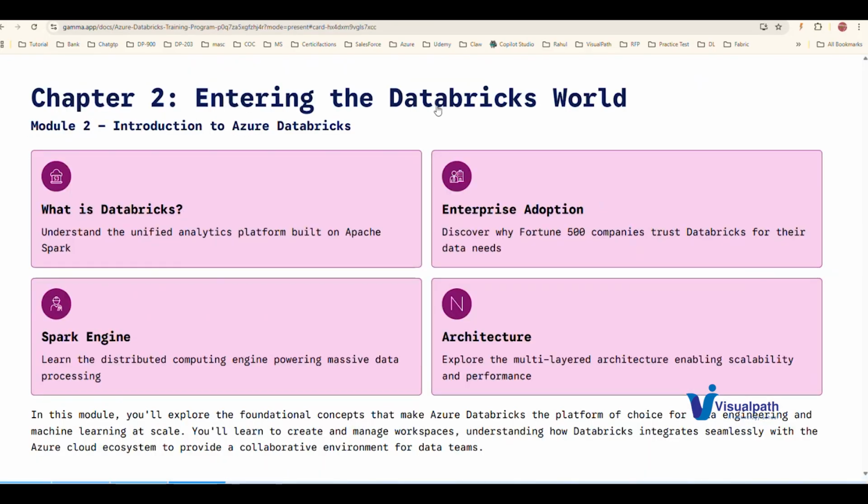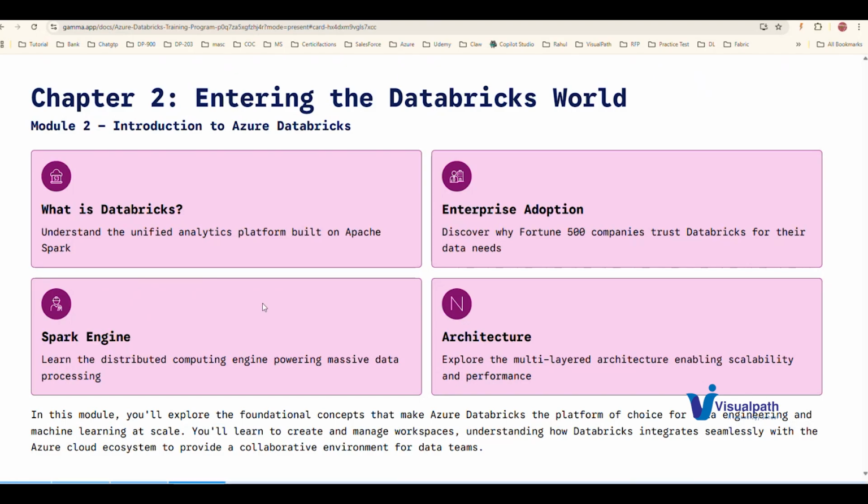Then we will enter into the Databricks field. We will explain what Databricks is, and Databricks is nothing but a platform built on Apache Spark. So what is Apache Spark? It means a distributed environment where we can process a massive level of data. If you consider 15 years back, it was a very difficult task to process big data. So the Databricks people introduced a thing called Apache Spark, and that clicked everywhere. Apache Spark has a distributed computing system. There are a lot of terms in that, and I will explain them one by one.